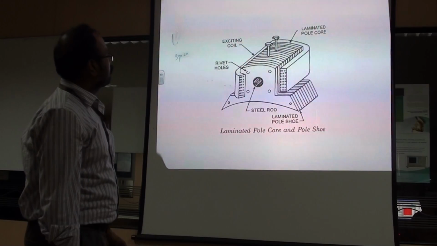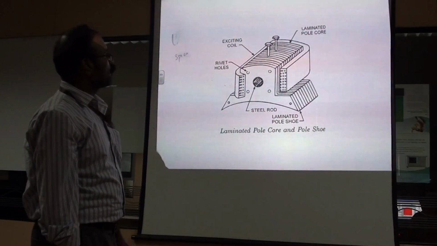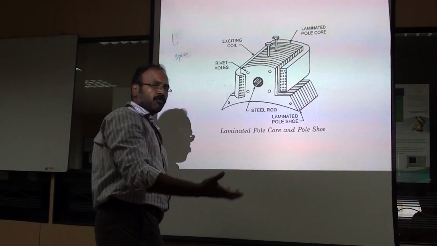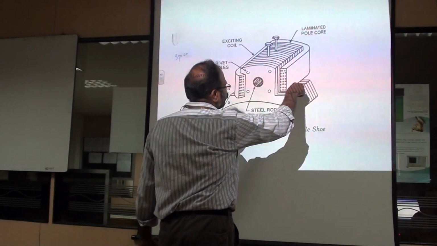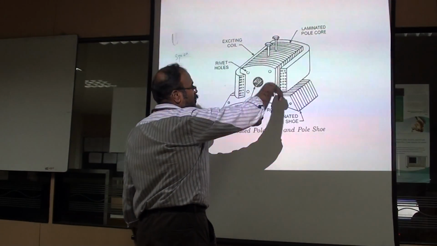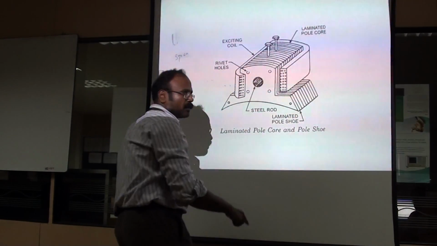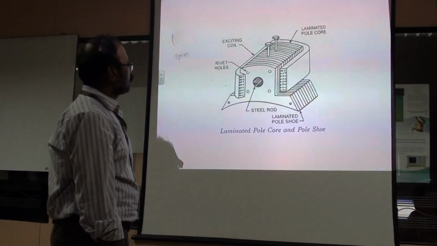So here separately they are showing the field pole, with the pole core and the field coils. The field coils are usually form wound, and it is just inserted over the pole core. It will rest on the pole shoes. This is the pole shoe. The purpose of the pole shoe, as I already mentioned, is to distribute the flux uniformly